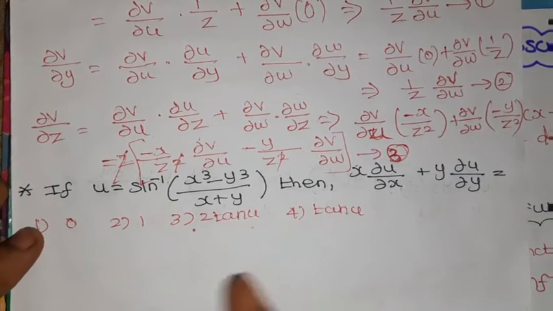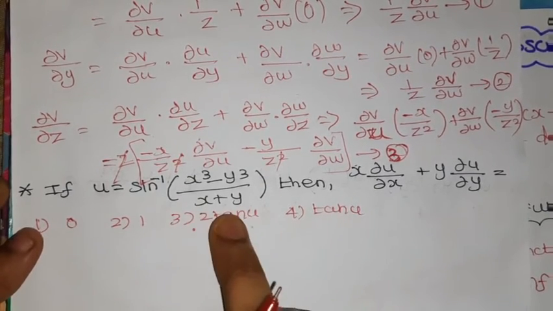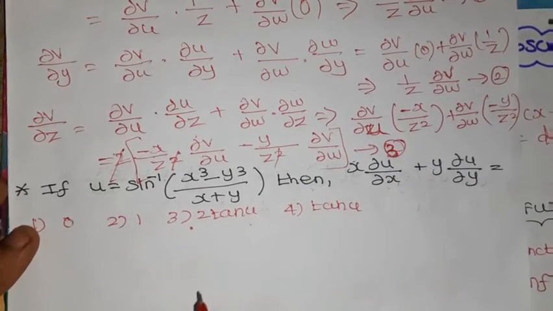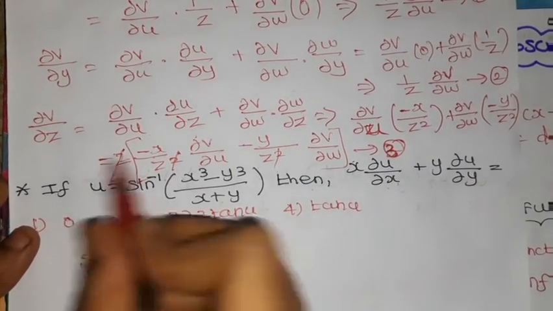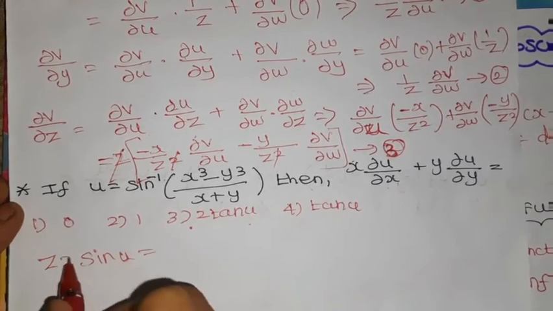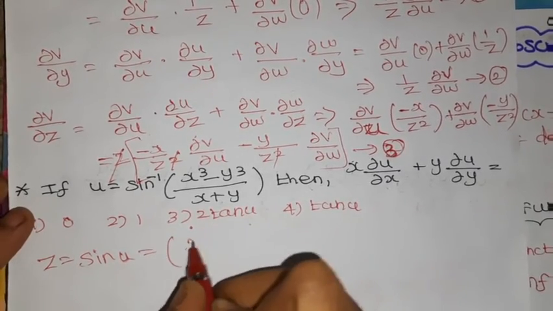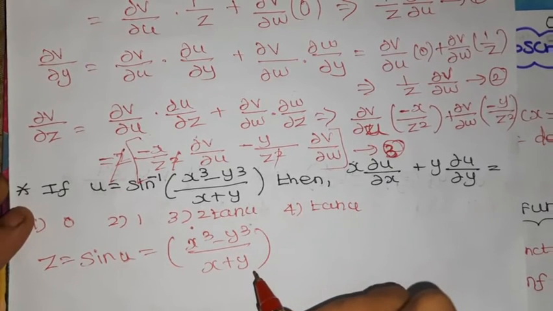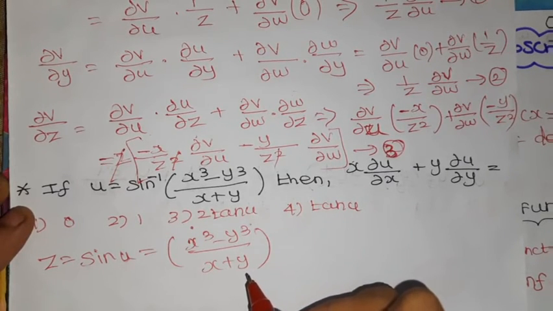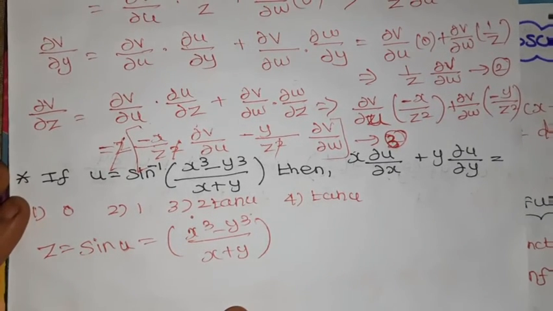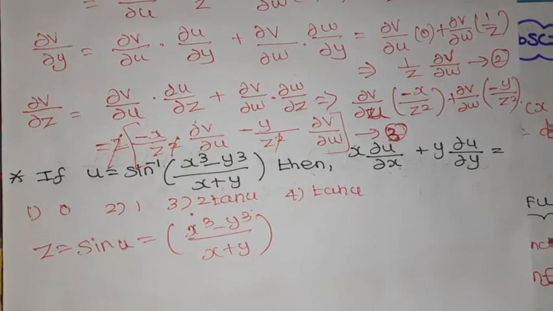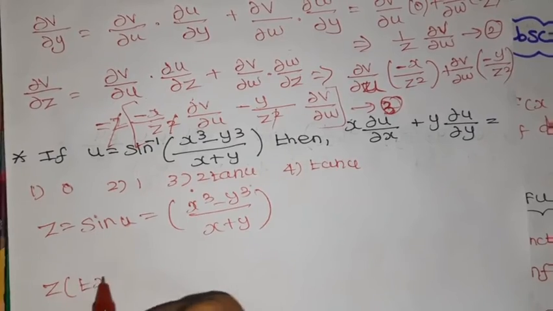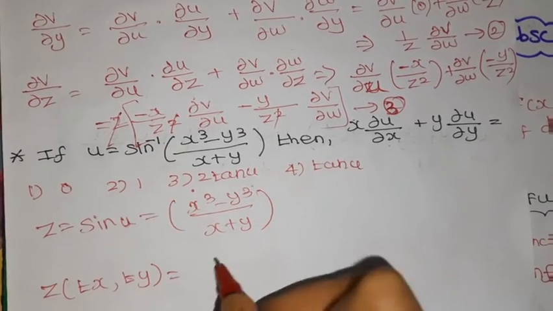What is that? u equal to sine inverse of (x cube minus y cube) by (x plus y). Then we need to find out this one. First we need to move sine to that side. Sin u, let it be z, equal to (x cube minus y cube) divided by (x plus y). So we need to check the homogeneity for the given function. So to check homogeneity, z of tx comma ty equal to